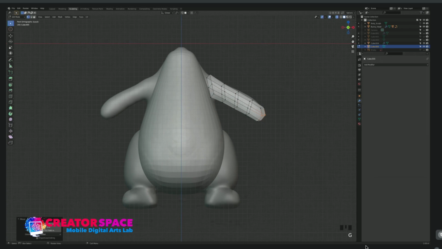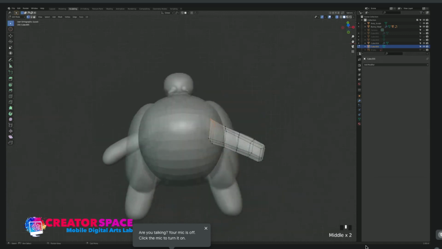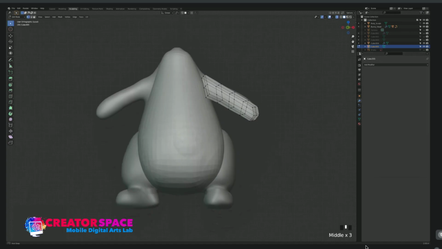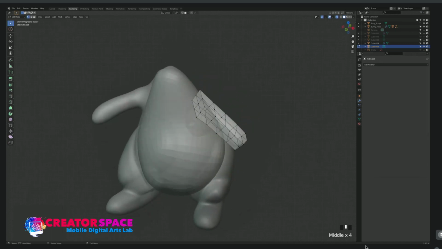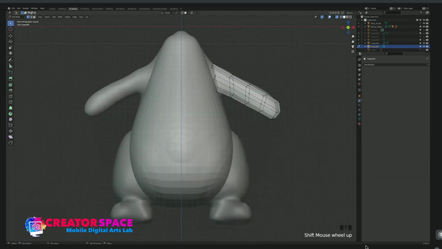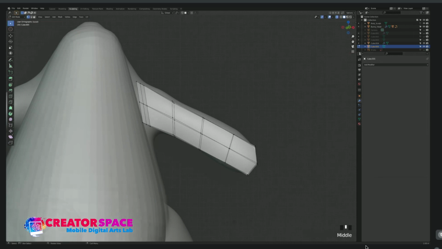Again, you want to conserve how many subdivisions you use when you're doing topology of your character, because the more complicated it is, the more confusing it tends to be. You don't want to get too confusing at the very beginning. You want to have some control on how you're going to